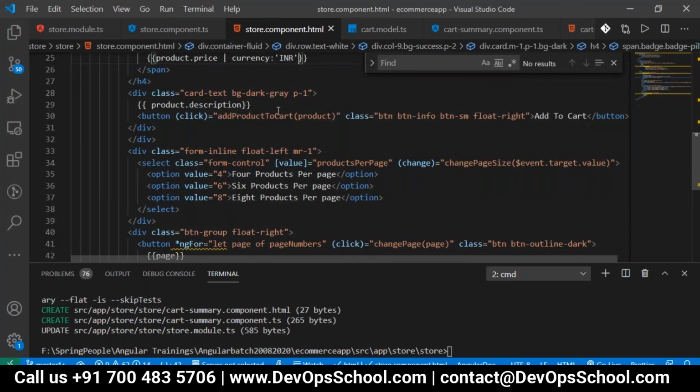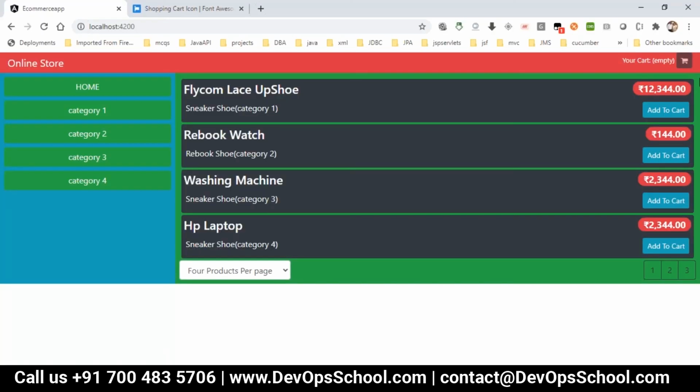So add product to cart, that product I'm sending. Just have a look now. Now you can see it is showing your cart is 12,344, and we are able to click it. If it is empty, it is disabled and we can't click it.